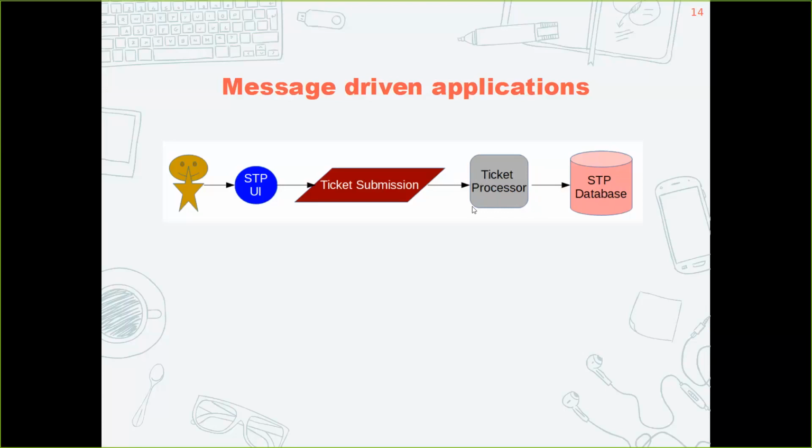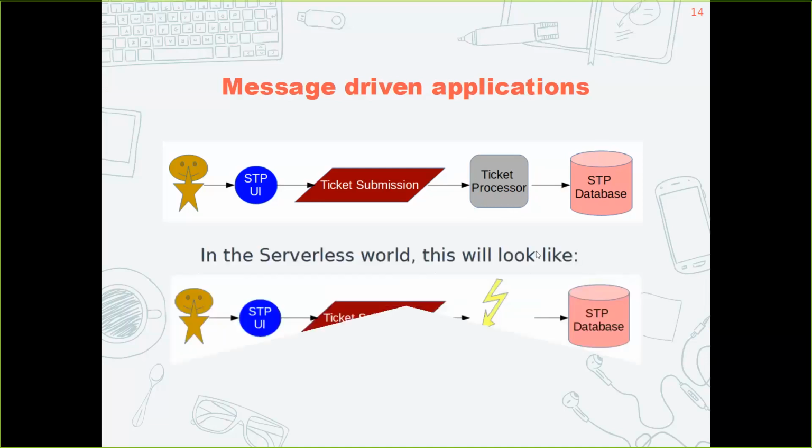Now, if I was to think about this in terms of serverless, like if I was to convert this application or move it into a serverless way, this is how it will look. I've now moved the ticket processor part of that code onto a serverless function. This comes back to your previous question, Sri, like will you get rid of the code completely? But if you think of it, this ticket submission part is still part of the monolithic code. So there are different design patterns you can use to change that. One of them is called scaffolding, where you're extracting from this big piece of code the actual STP application, which has got UI, some business logic for ticket submission, and business logic for ticket processor.